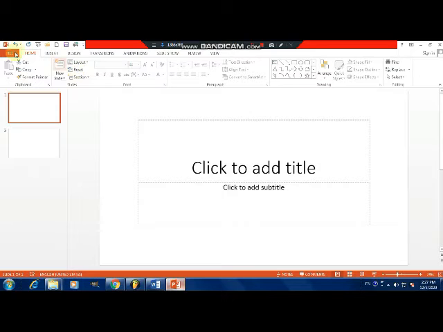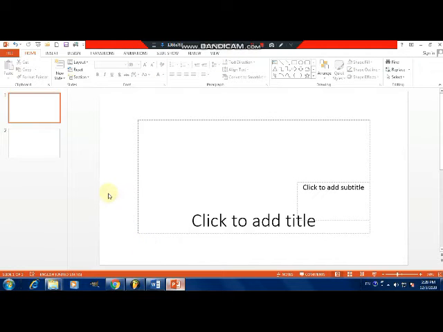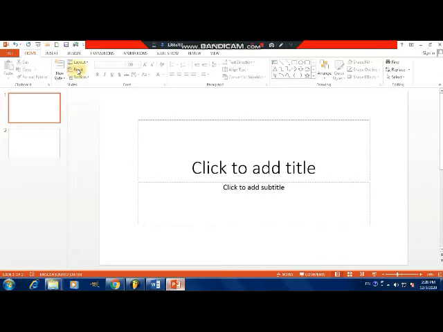The next command in the Home tab is Reset. It is there below Layout. Now what is the use of Reset? If you modified a layout and you want to reset that layout, that means you want to show it as it is, or with the standard layout, that means you want to reset the modified layout for that slide, then select that slide and click Reset. It will take it to its original position.